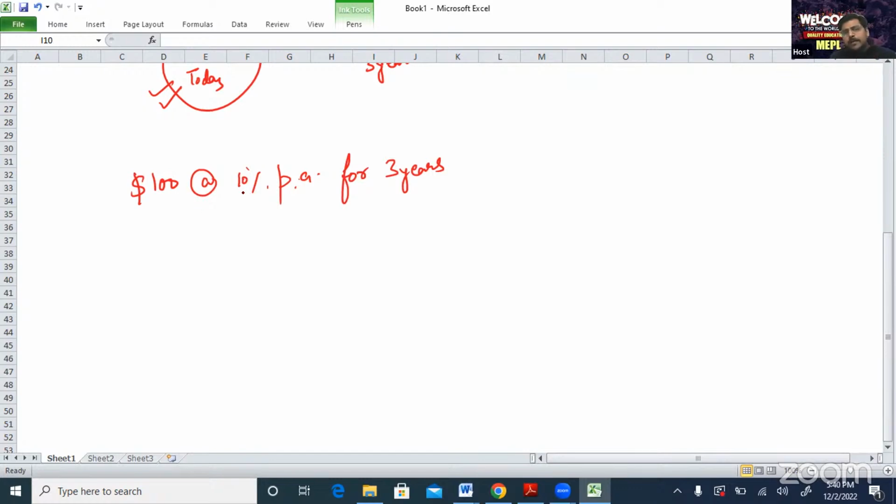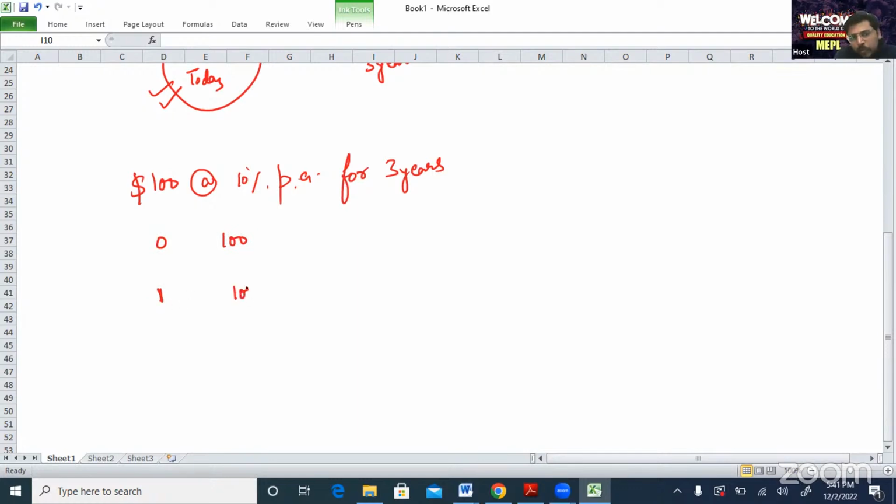And the rate of interest is 10% per annum. So after 3 years, how much money you will get? That is the question. See, whenever we talk about compounding interest, we do not talk about simple interest. So what do we mean by compounding interest? It means there is interest on interest. So I am just clarifying the things from the very basic, so that your base becomes very, very strong. So what will happen logically? If you invest $100 today, what will be the value after 1 year? Logically think.